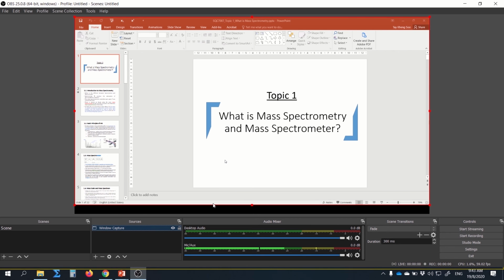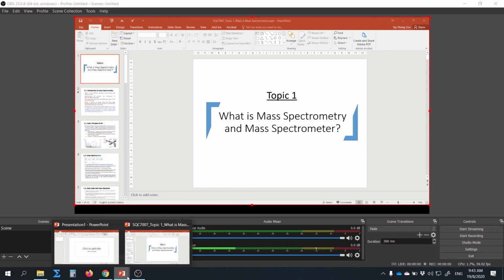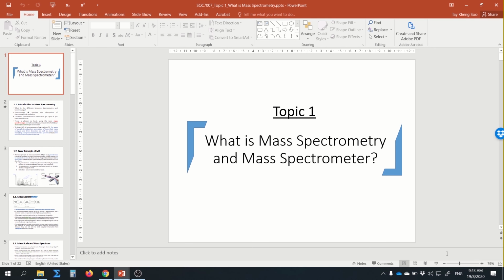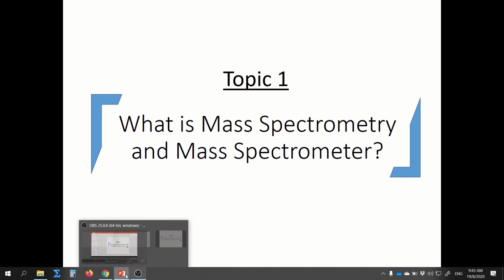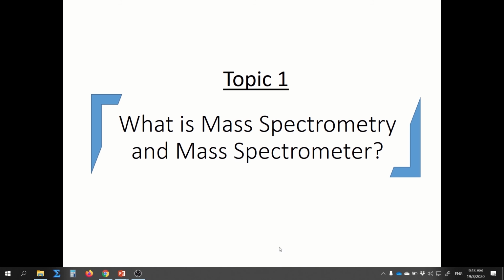Okay, another way for us to make our control easier is when we put on the slideshow. Most of the time, when you click on the slideshow button, the slide will be displayed in full screen where you can't see the taskbar. If you can't see the taskbar, we might have difficulty controlling or switching to the other slides. So what you can do here is,